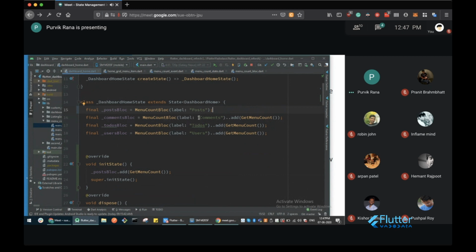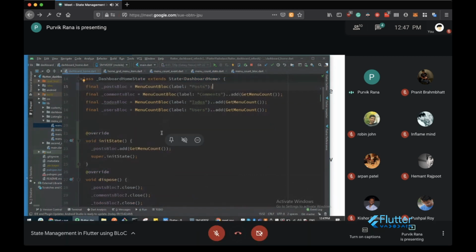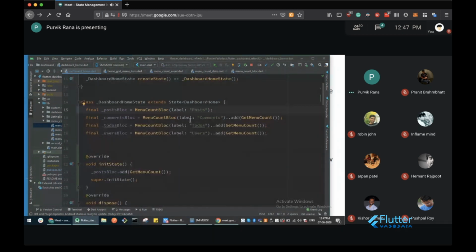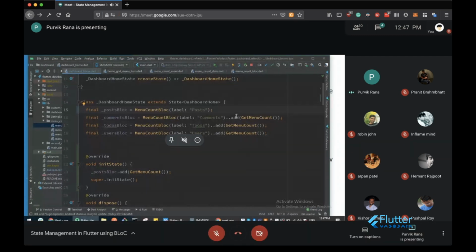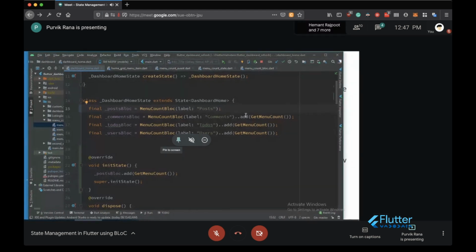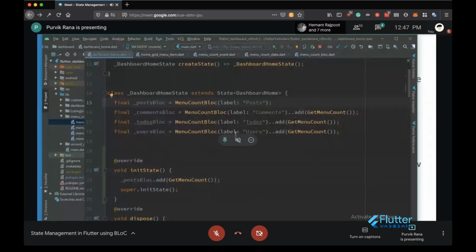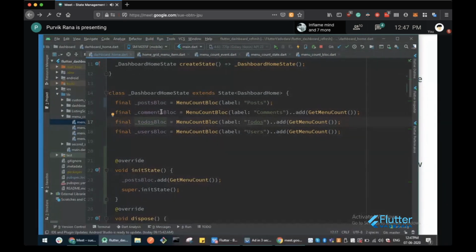So whenever the dashboard home is displayed, I create the instance and add the event itself, and it starts processing the data. Now, how are these local blocks passed to the different components?